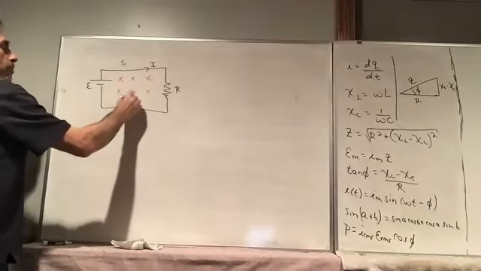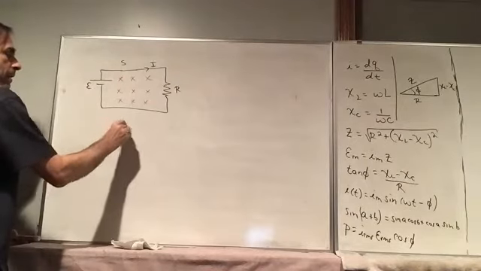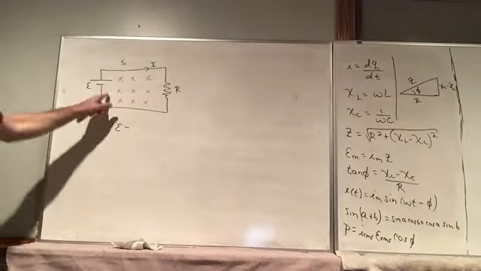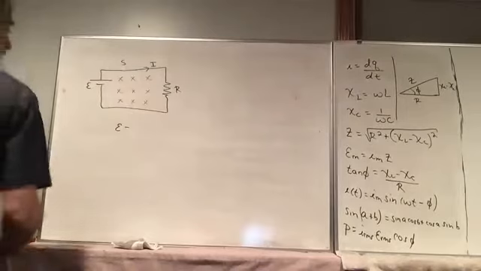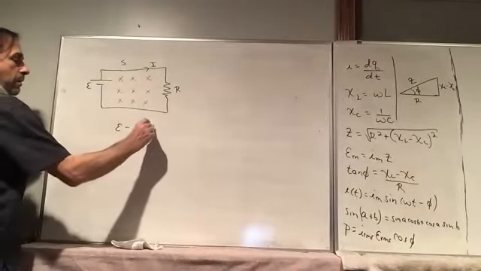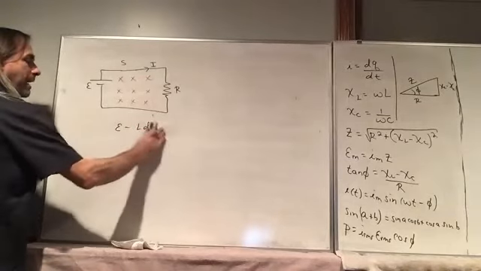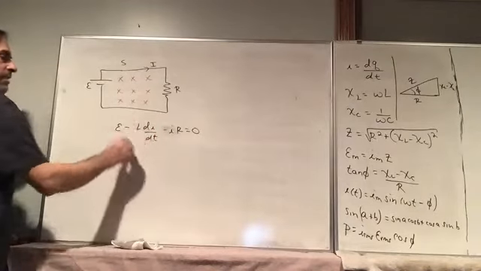And so this loop rule, we're going to have the EMF minus the changing flux. Remember, that's going to create an EMF by Faraday's law. And that would be minus L di dt. Oh, wait, minus IR. So this term here,